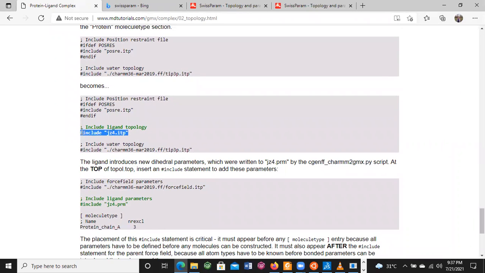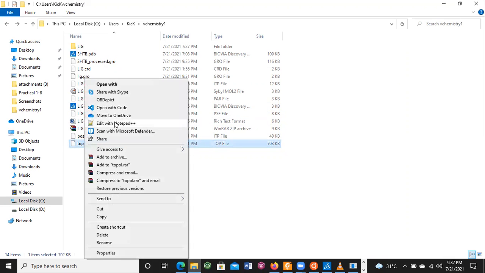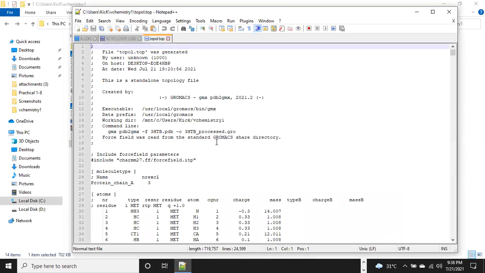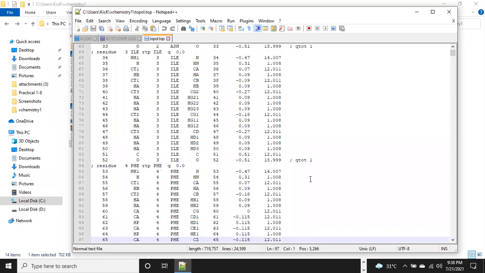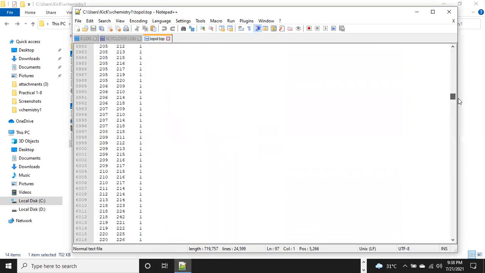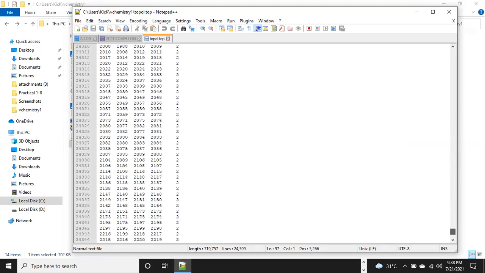Just copy these lines, just Control and C, and open topol.top file with Notepad++. Have a look at what the topol.top file contains. This is the coordinates for our system.